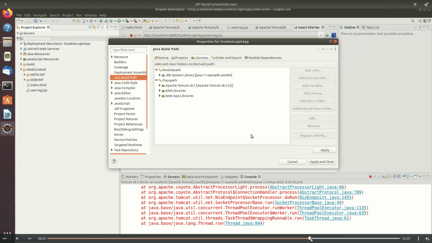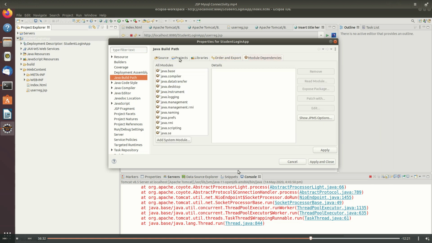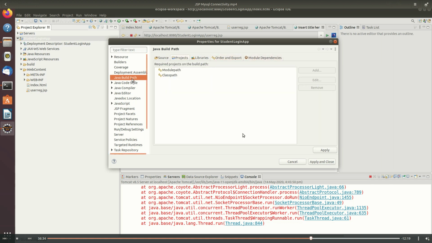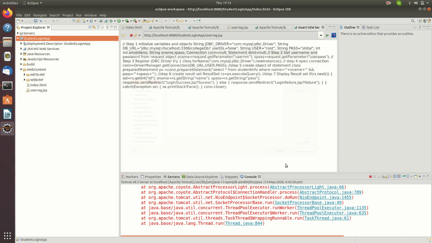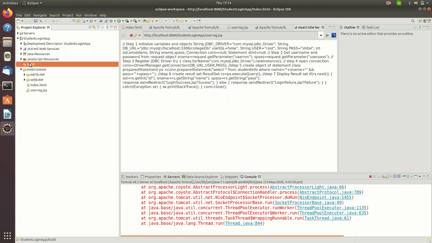Okay, now after doing that, I have to right click on the project, and I have to configure the Java build path. So here we are getting several options. We can add libraries, and we can add an external jar file. So I have told you that there should be the MySQL Java connector. Right now it is giving me the error that the driver is not loaded. So there is another way of doing this. In the lib folder you can copy paste that jar file, so that will remove the driver manager error.